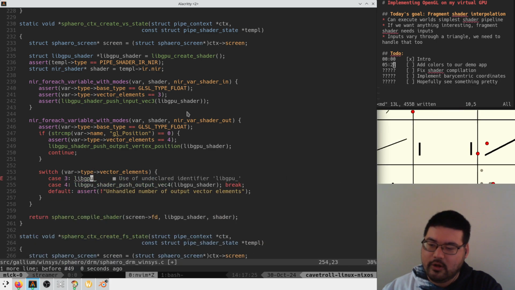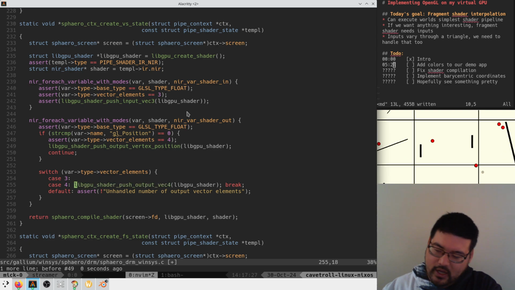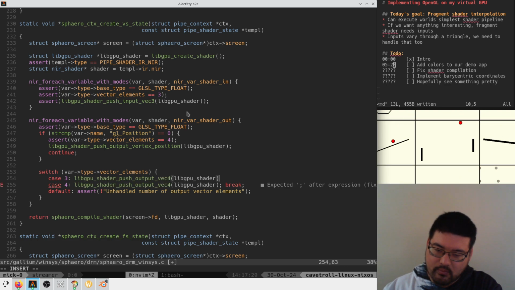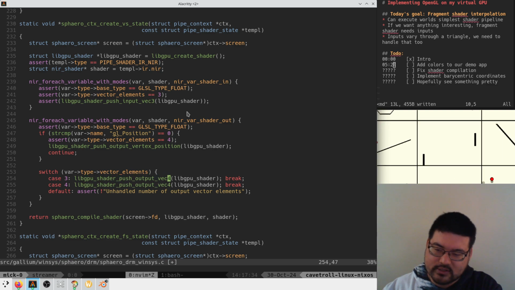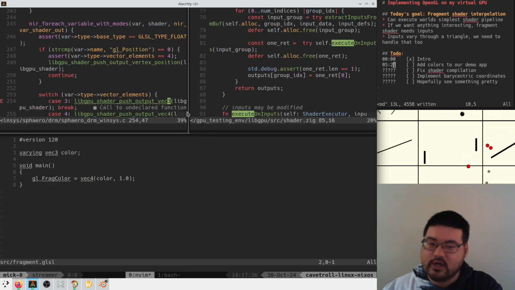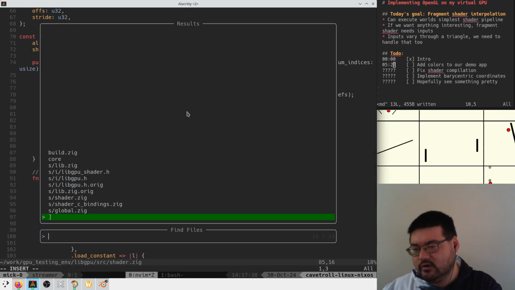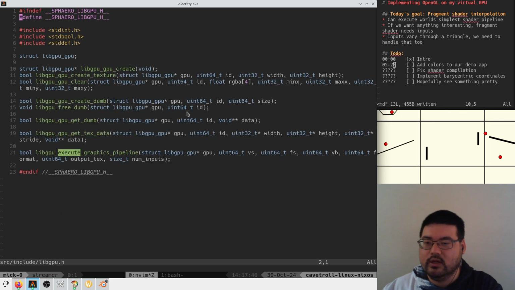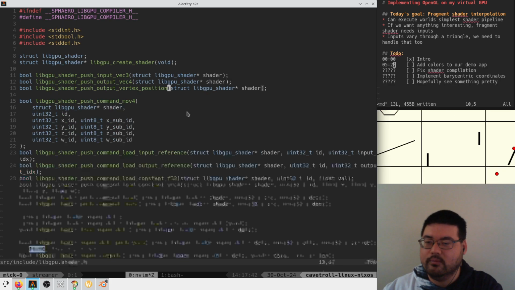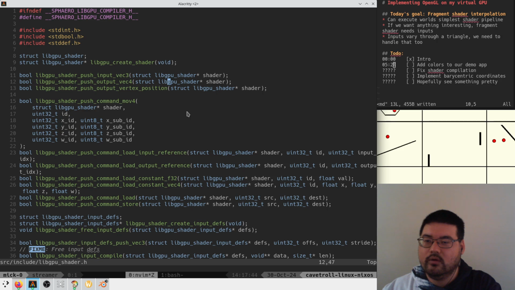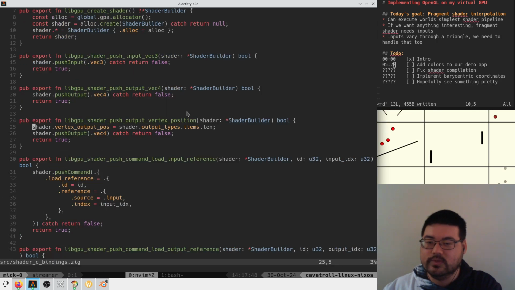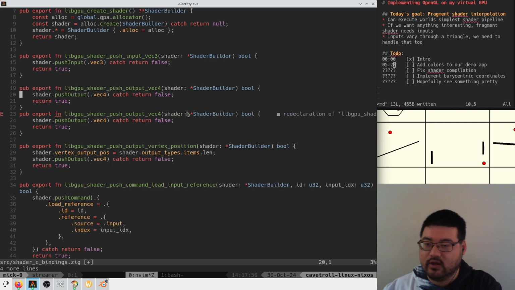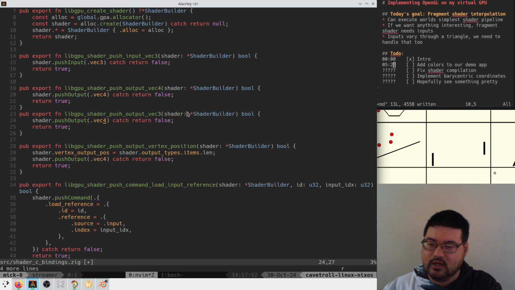Okay, so apologies, I'm not going to give quite a big recap. I kind of just want to keep my head in the game. So here we're going to be like, if we have 3 elements, then this is an output of vec3, which does not exist yet. So we're going to have to create that function. So in here, we're going to be like, push output vec3, okay? Which means here we have push output vec3, which means that here we just push a